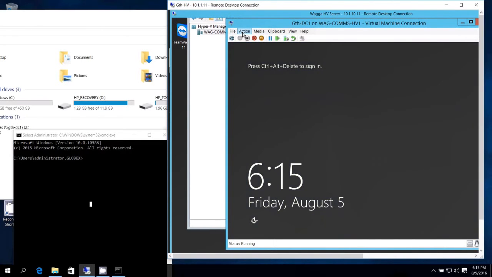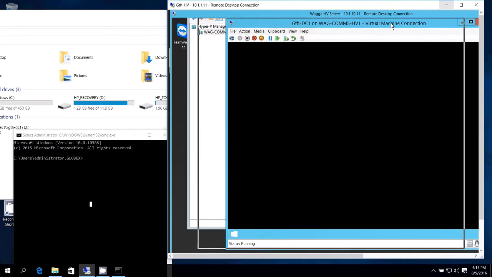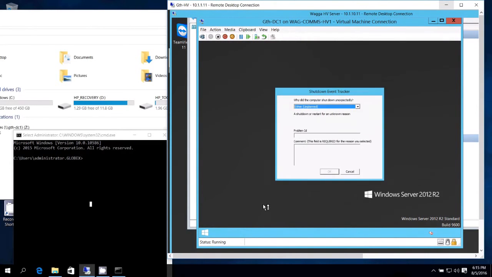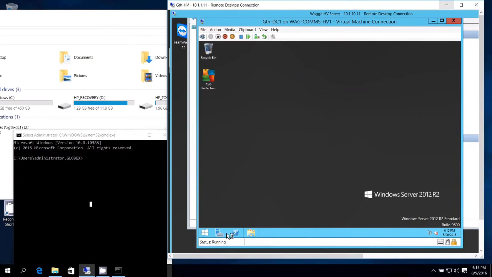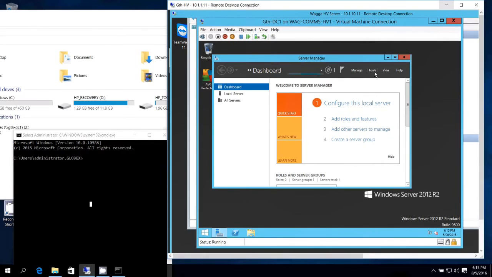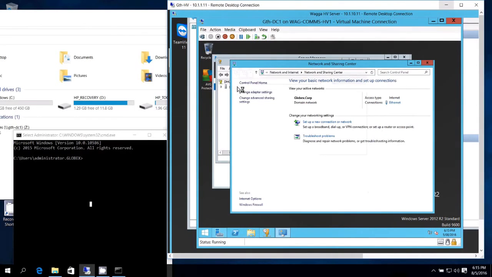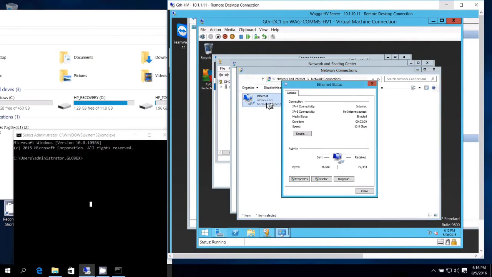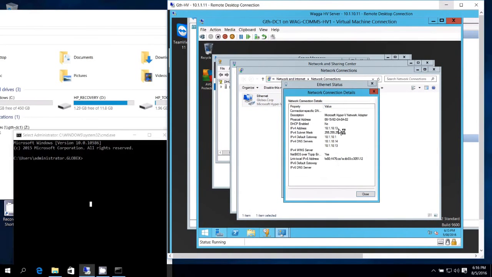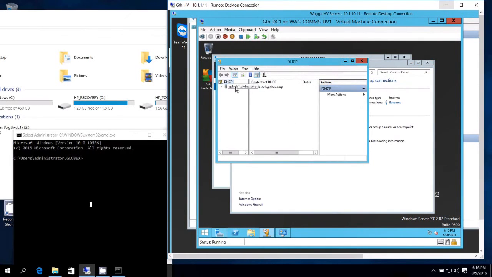Okay, so now we can log into the server and make our changes. So we just got to ensure to change our DHCP scope to reflect the change in DNS. So the failover DNS should be on the 10.1.10 network. We'll just double check that. Yeah, it says failed over to 10.1.10.13, and now we come into DHCP